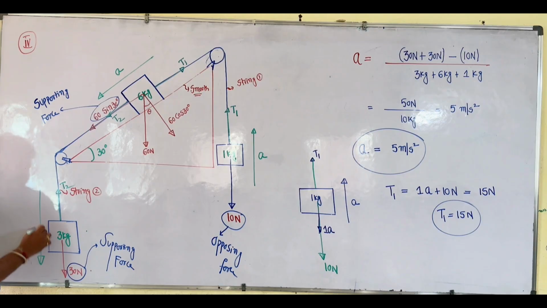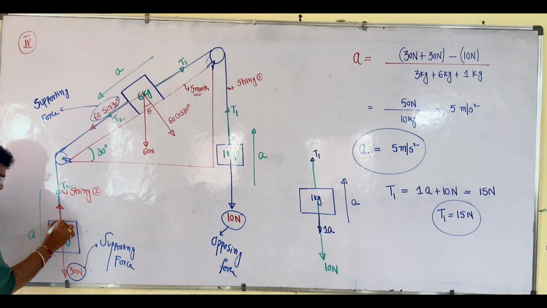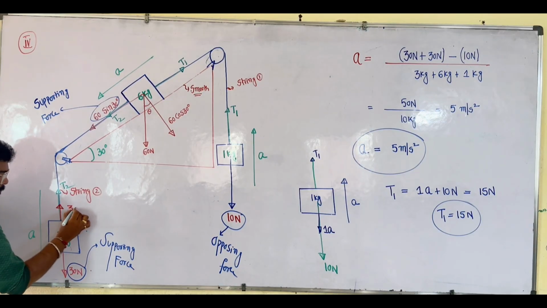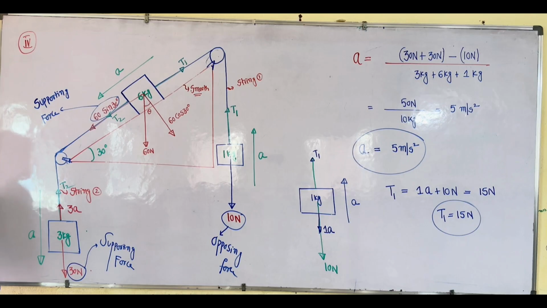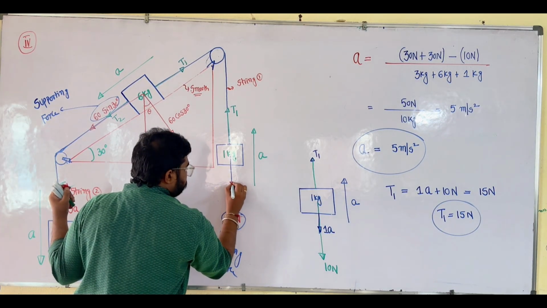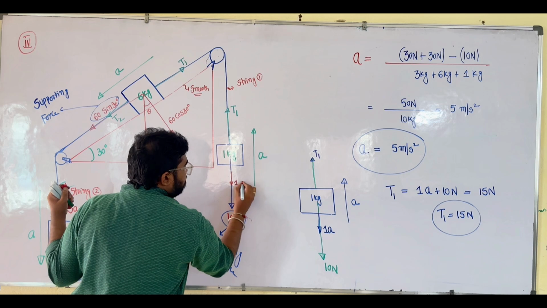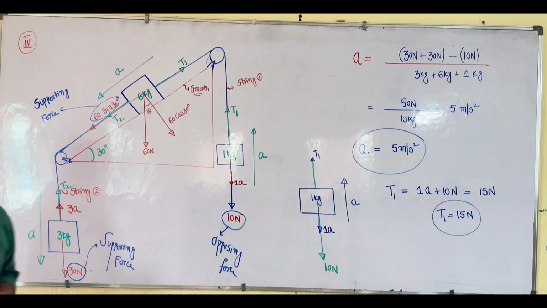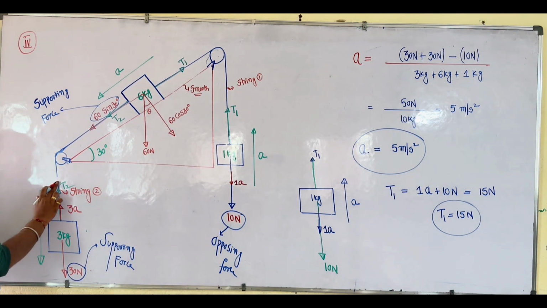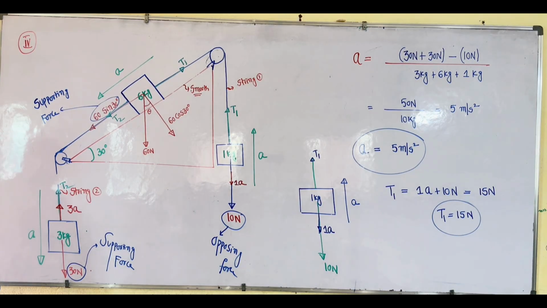Free body diagram for 3 kg. Here, inertia force will be acting upward. Clear? Here, what is the free body diagram? What does free body diagram mean? It is a diagram where the body is kept free. Clear? So then what do you get? T2